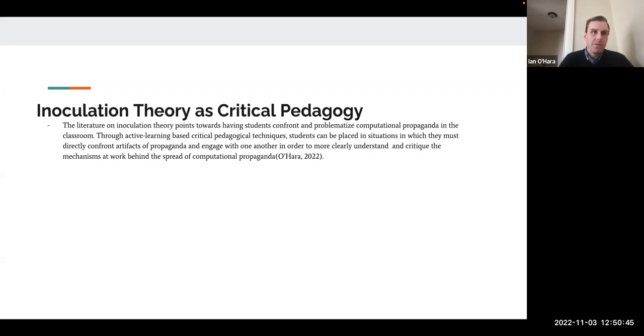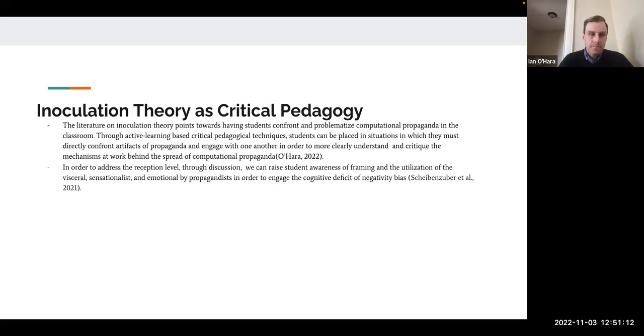So you can let them interact with the propaganda first and work through it with each other, guiding the discussion, and then later on have more formalized instruction about the mechanisms behind computational propaganda, to help them reframe their interaction and their disposition when they're interacting with different social media platforms and content across those platforms. So you can address each level of cognitive deficit that we talked about through discussion. Student awareness can be raised in terms of framing,